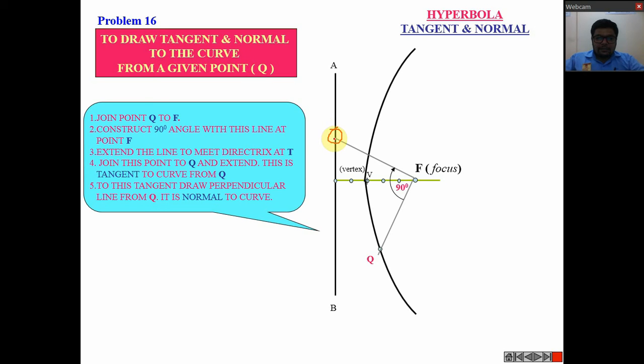So from that intersecting point draw a line which is passing through point Q. That will be our tangent. And from that take the 90-degree angle and draw the second line. That will be our normal, NN and TT. So in this way you can find out the tangent and normal of ellipse, parabola and hyperbola. So in this video we went through a total of 2 methods for the ellipse, and one method each for the parabola and hyperbola.